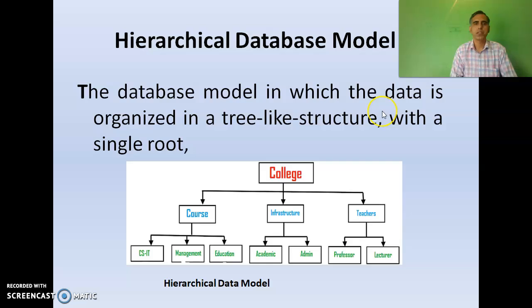Now come to the first database model, hierarchical database model. In a hierarchical database model, the records are organized in a tree-like structure with a single root and multiple children.